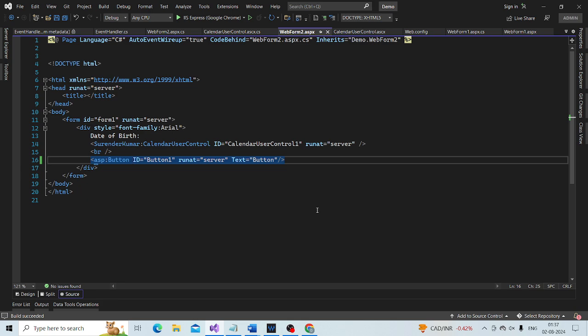Along the same line, here again use on click is equal to button underscore click.